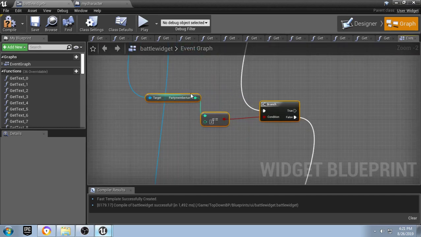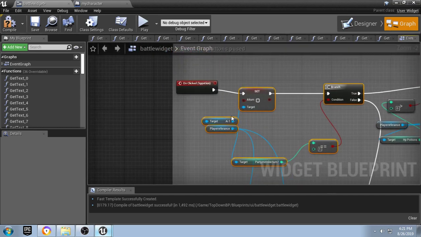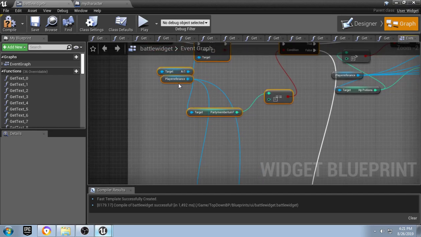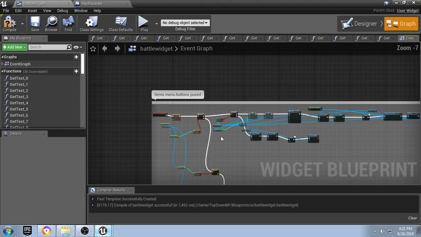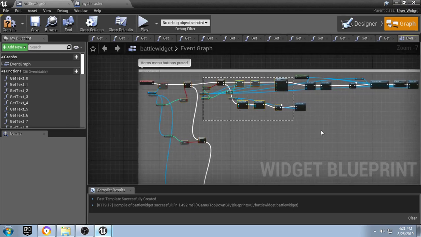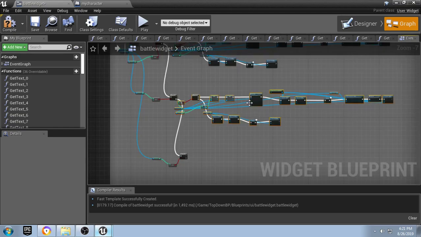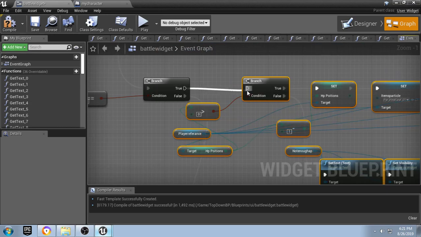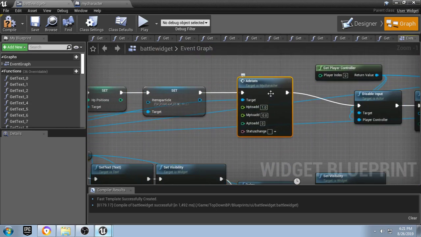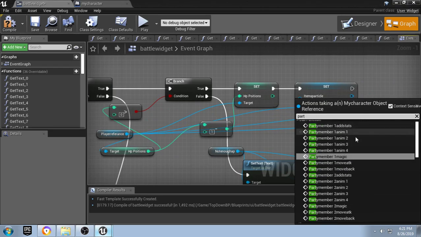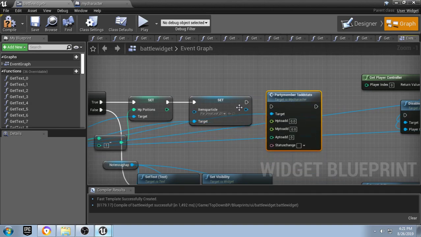Okay, so that was just our checks to see whose turn it is. So it's the AI reference to set his turn to null when we click, and the party reference, our player reference to get our party members' turns. So on our first turn we're going to do this, on our second turn we're going to duplicate all of this, and we're going to plug it in, and the only thing that we're going to change is our add stats here. We're going to pull off our player reference, we're going to call party member 1 add stats, and we'll plug it in, and it's an HP potion, so we'll add 1,